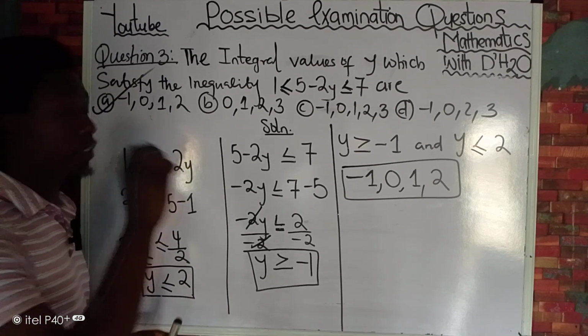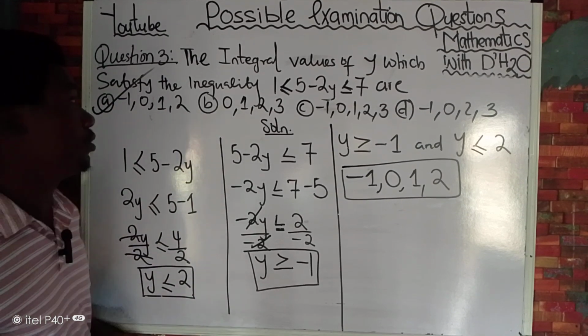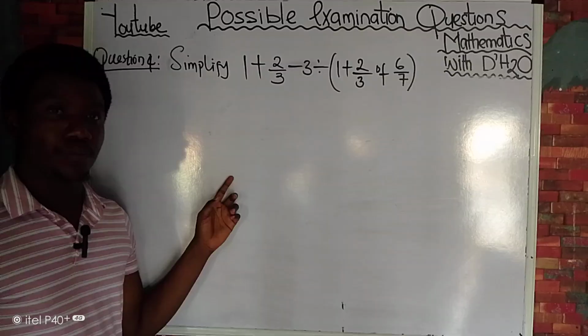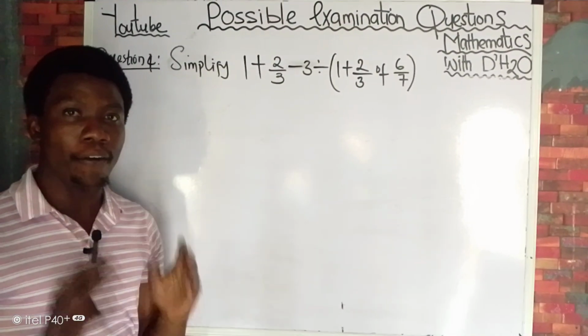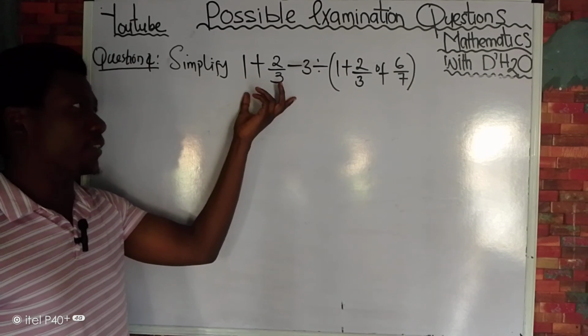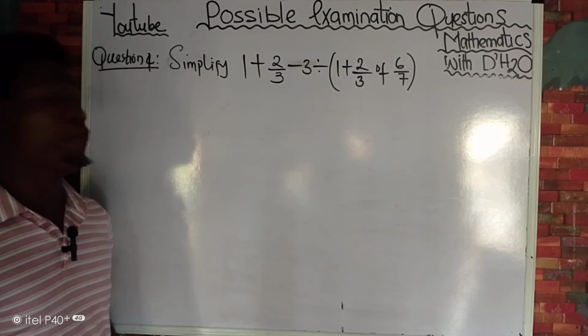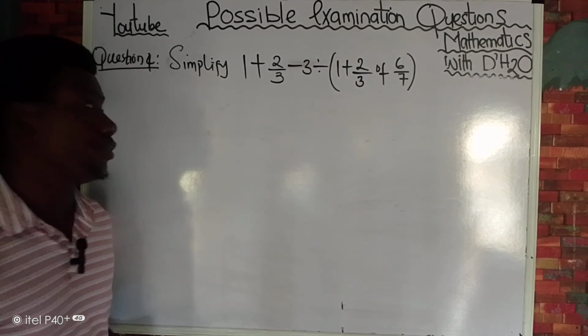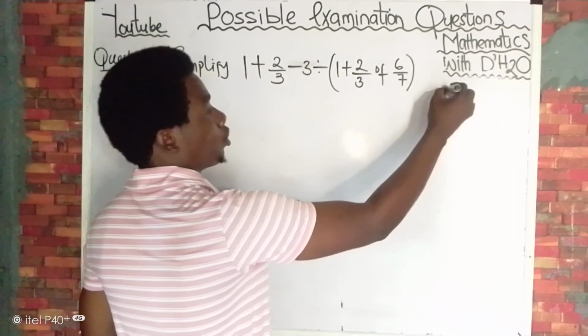Okay, now let's take number 4. We have just 5 questions, so let's take question number 4. Question 4 says simplify this. This is a fraction. And don't forget that simplifying a fraction requires the principles of